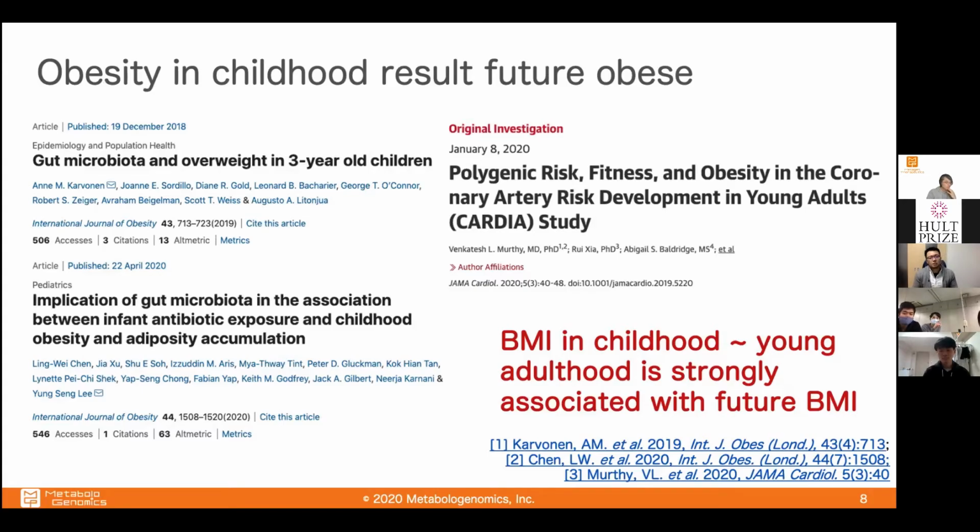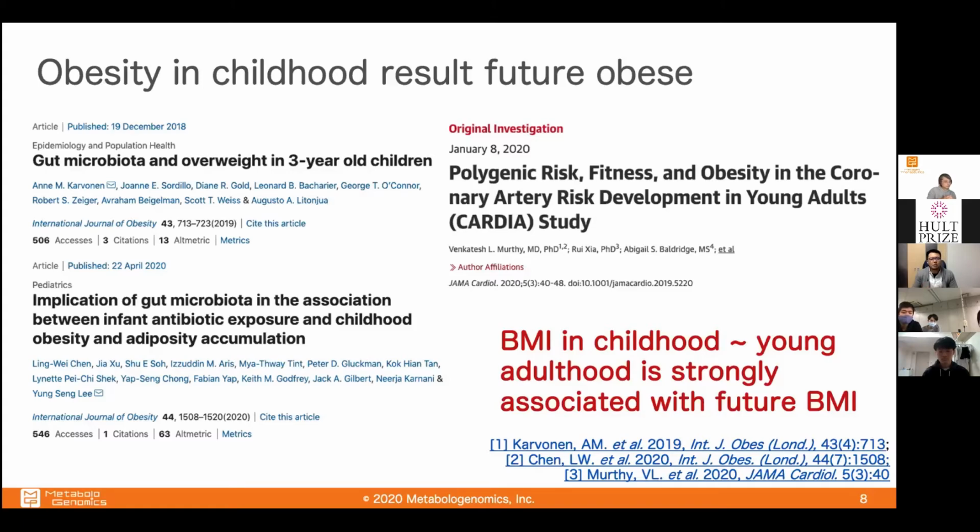So actually, overweight in adults is quite a serious problem right now, but overweight in children is also a huge risk that could cause an explosion of the obese population in the future. But thinking in a different way, if you can stop this increase of obesity in the Asian region, it will lead to a great reduction of the obese population in future.